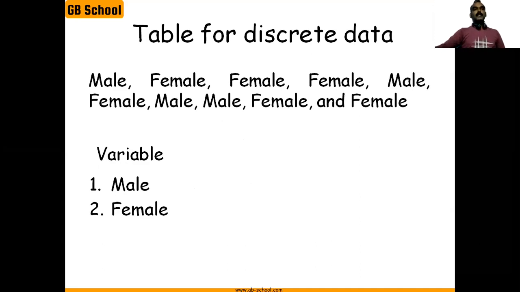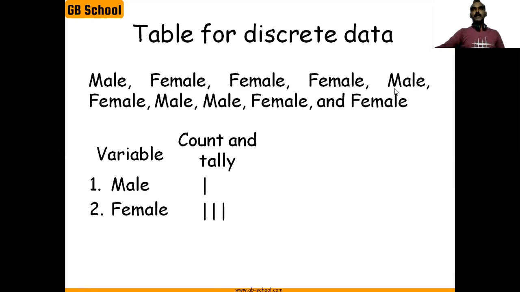What we have to do is first look at the data set here. Based on this data set, we'll mark a line. For example, first here we have male. So just mark a number 1 here like this, male. The second data is female, so just mark a line here, female. The third one is female. Just mark another line next to this, female. Then the fourth data here is female, so we write it here as female.